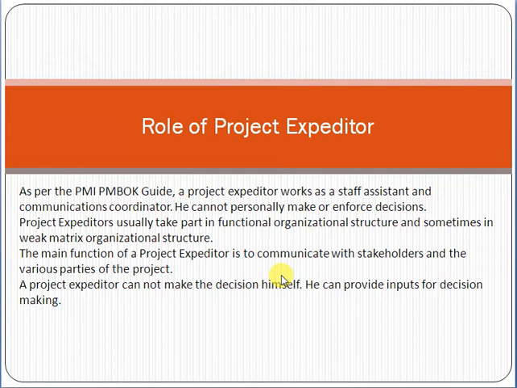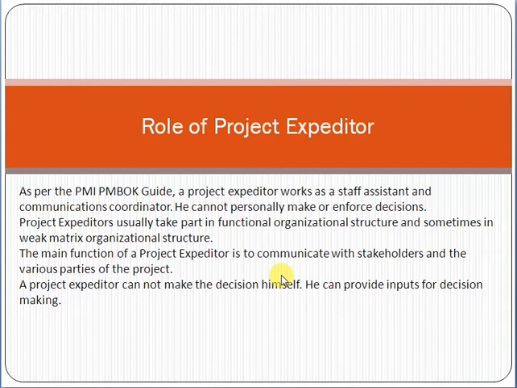So just think of a project expediter as an assistant of a staff who is basically communicating things by himself or herself. He is not a decision maker, he cannot take any decision, but he is a person who is expediting things by communicating. Like he is expediting that you have to reach there, you have to deliver that thing tomorrow. If that thing is not covered, so we have to do like that.